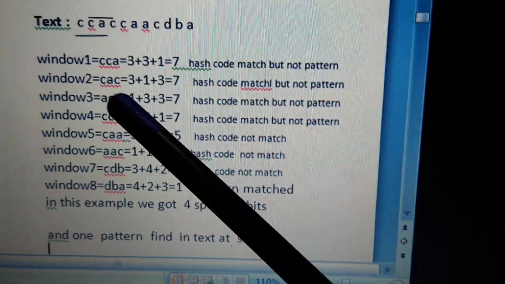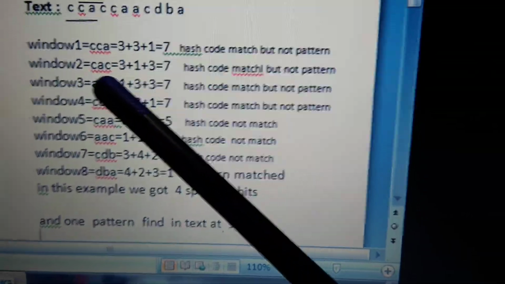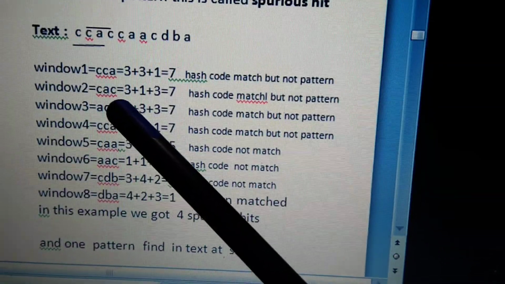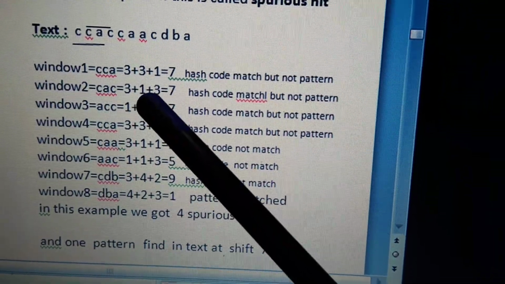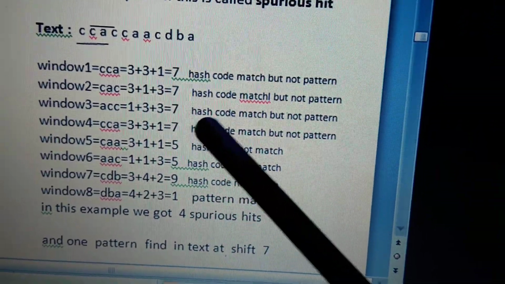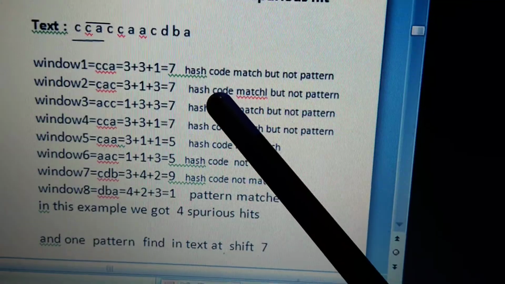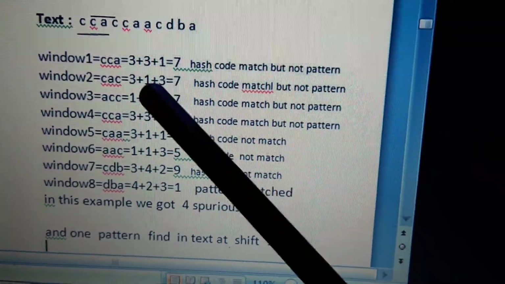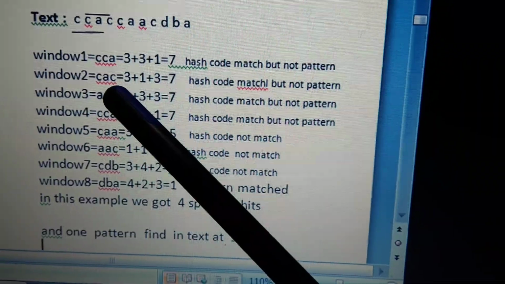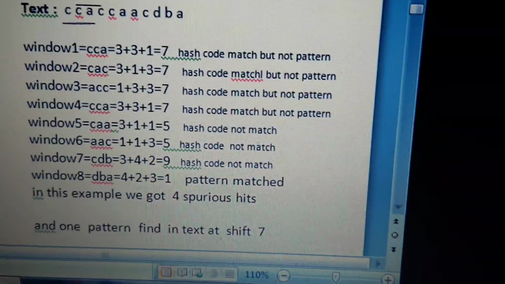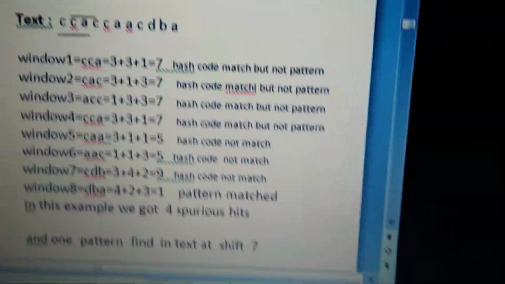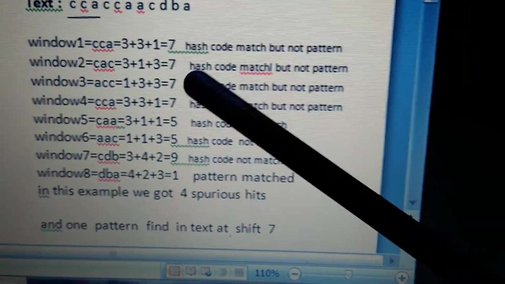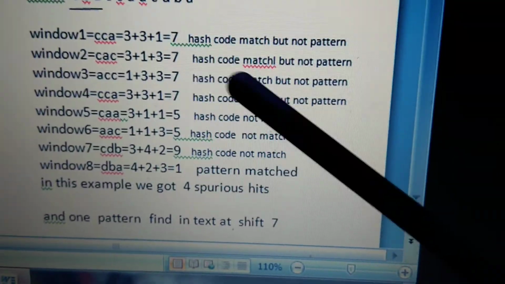Next coming to the second window, again we have to find the hash code. Second window, what is the text? CAC. That means C is 3, A is 1, C is 3, 7 again. Again hash code matched but not the pattern. The pattern characters are DBA, but here the window characters are CAC. So the hash code is common but the individual characters are not matched.